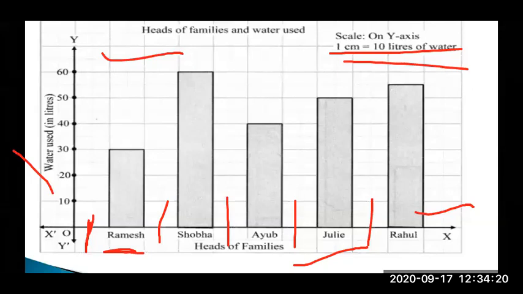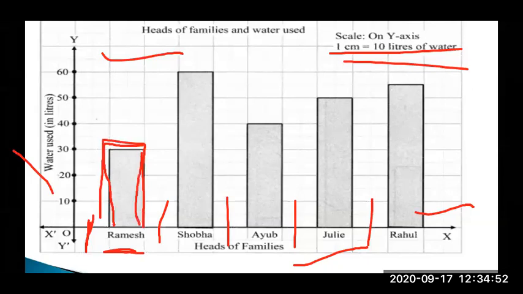Now the main thing. Now here, as we have written all the things, now mainly we have to draw a bar. Now first we will see the bar of Ramesh. Now Ramesh is given how much? Ramesh is given 30 liter. Now in front of 30 you will make a bar of that box only. You will not take two boxes. You will take one box only and you will draw a bar of 30.